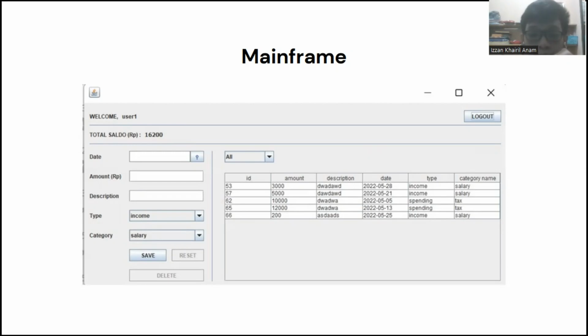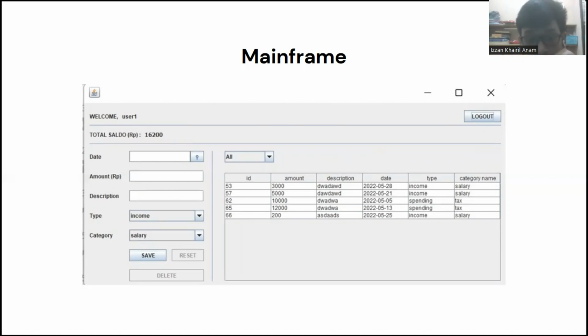And we have a combo box to filter the table. In the filter combo box, we have three options: all, income, and spending. If the user selects all, it will show all the data. If the user selects income or spending, it will show the data whose type is equal to income or spending.